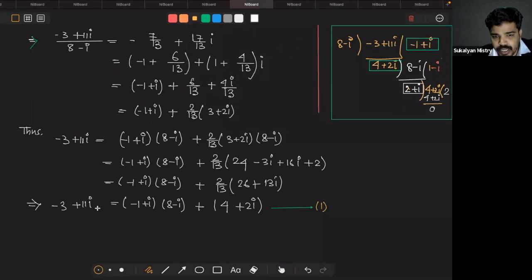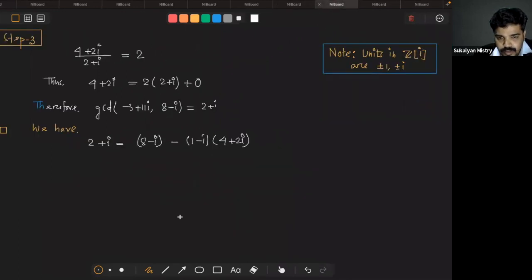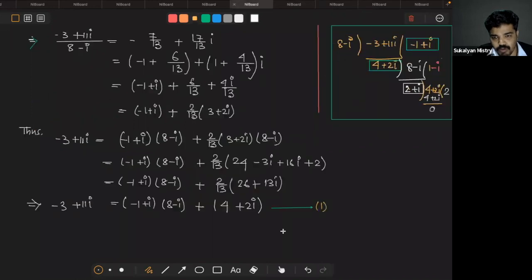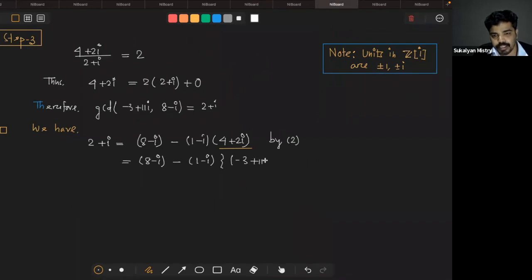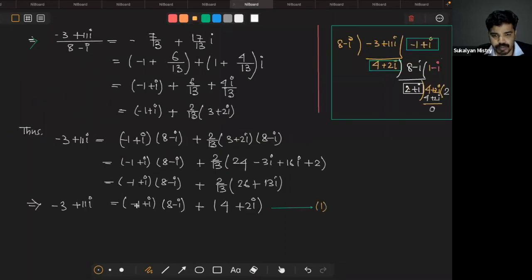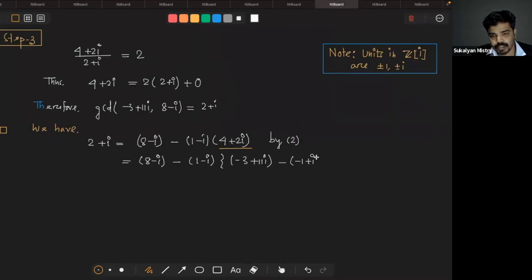সো আমরা রিমাইন্ডার 4 plus 2 এর ভ্যালু কি হবে, -3 plus 11i minus this term, so here write by 2, ঠিক আছে। নেক্সট 8 minus i, so 4 plus 2i, 4 plus 2i এর ভ্যালুটা পুট করো, 4 plus 2i, so 1 minus i, 1 minus i, so equation 1, from equation 1 4 plus 2i ভ্যালু হচ্ছে -3 plus 11i, -3 plus 11i minus -1 plus i into 8 minus i, ঠিক।